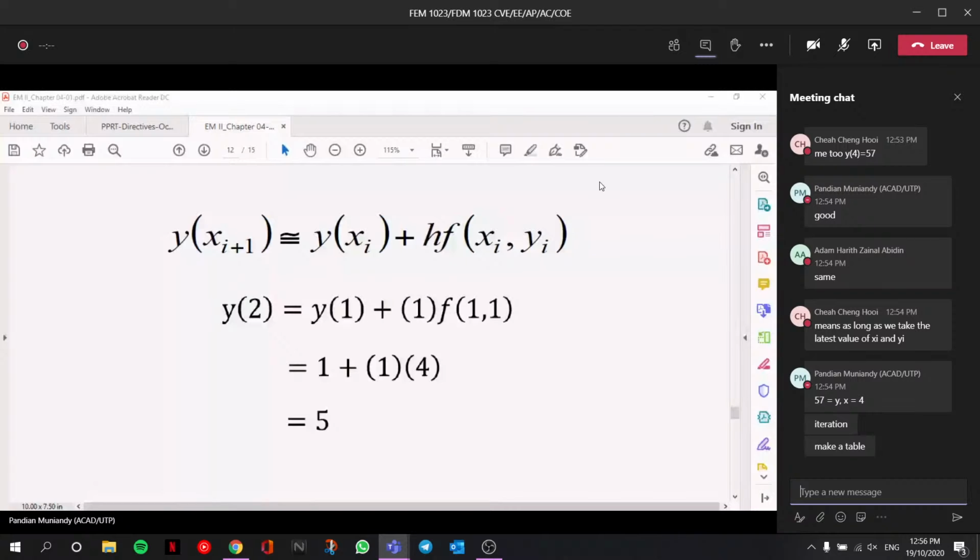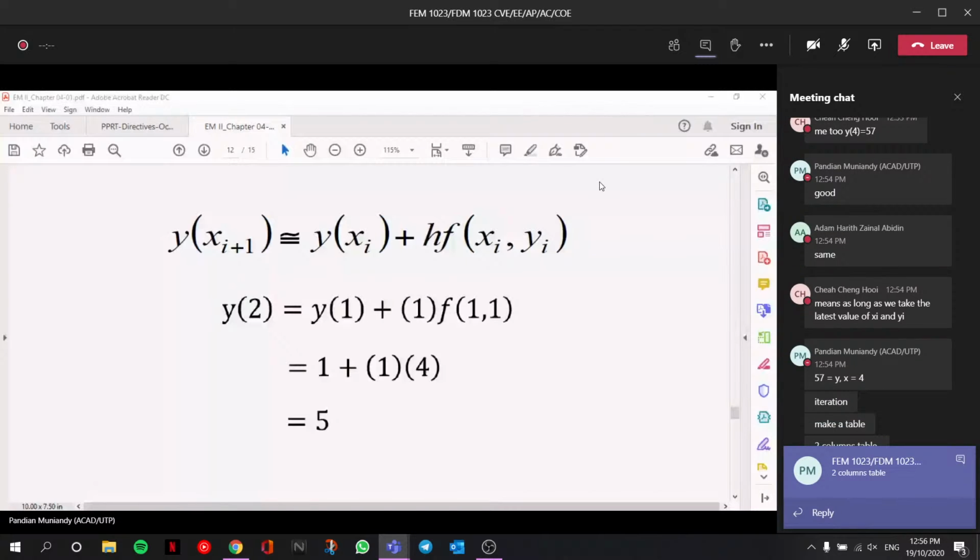In this 2-column table, first column is x, the input: 1, 2, 3, 4, because your step size is 1. When x is 1, y is 1. When x is 2, y is 5. When x is 3, y is 21. When x is 4, y is 57. Now when x is 5,